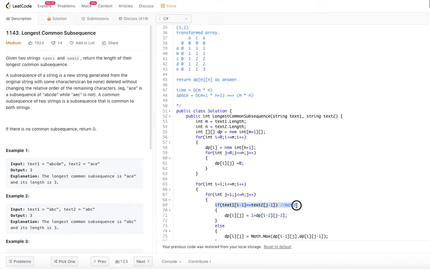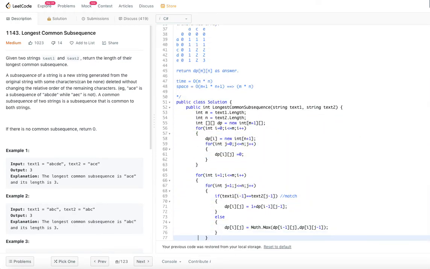But if there is no match, as we said, we consider the cell previous to it in the same row and the cell previous to it in the same column. That is what is represented in the else part.